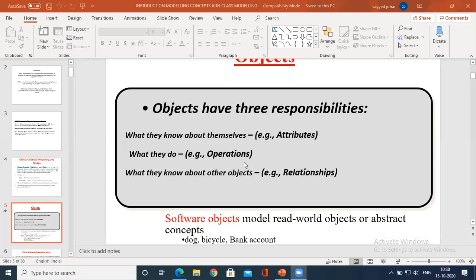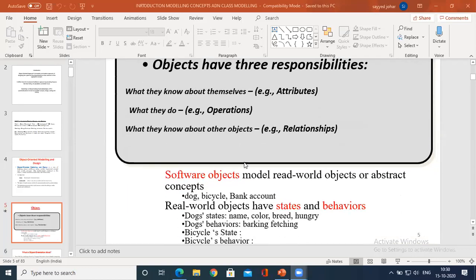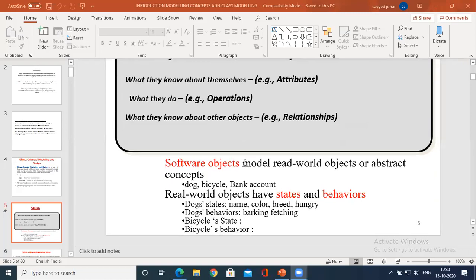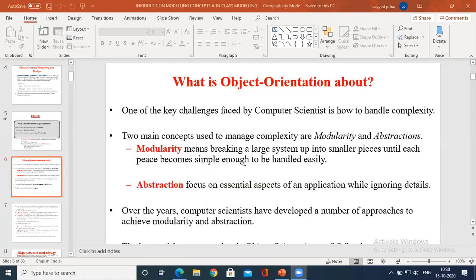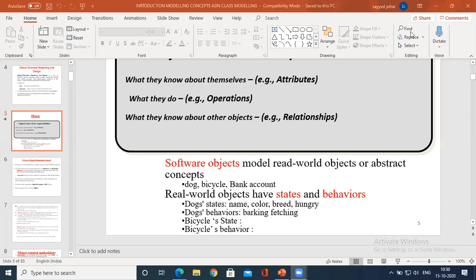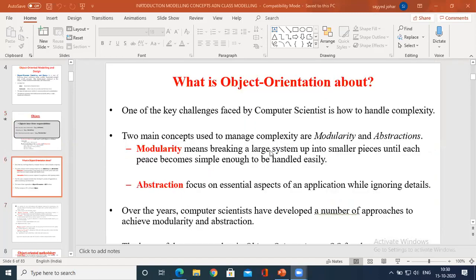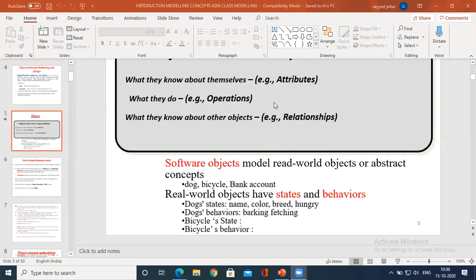Then, a software object model represents real world objects or abstract concepts. For example, we have seen a set of examples.